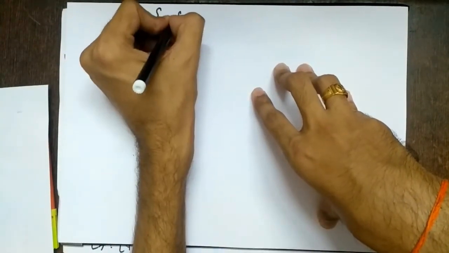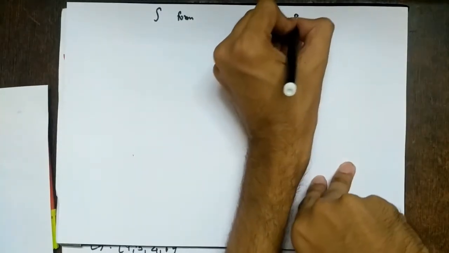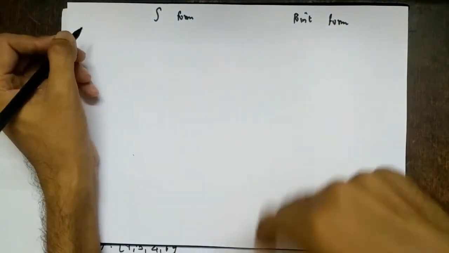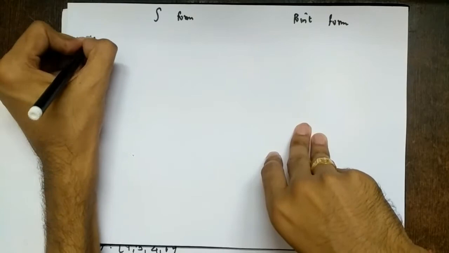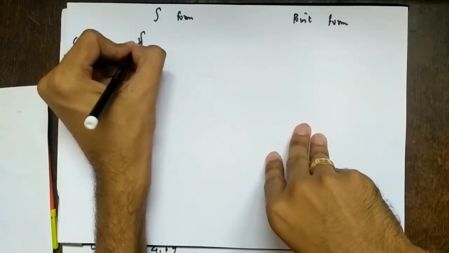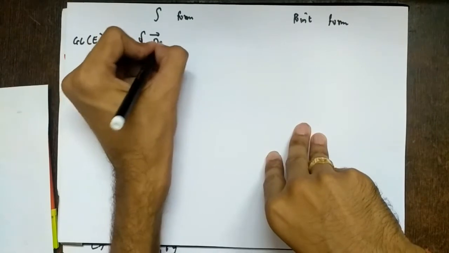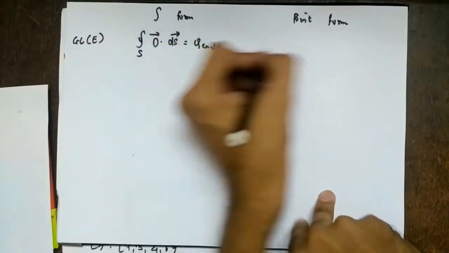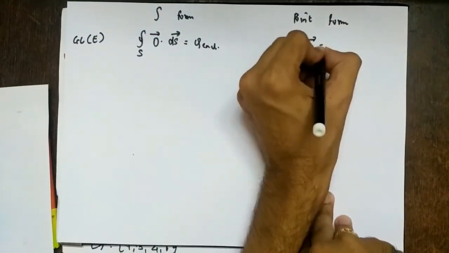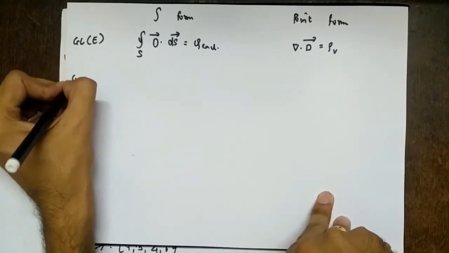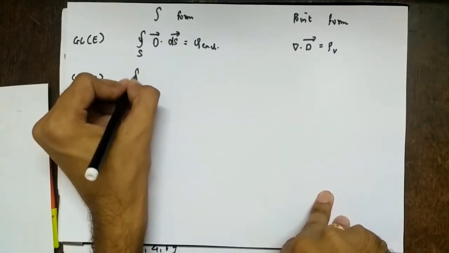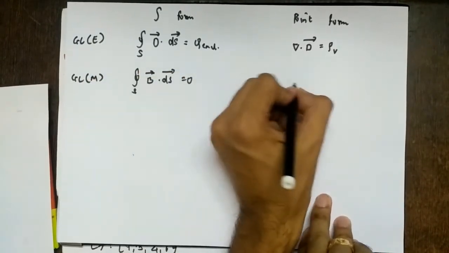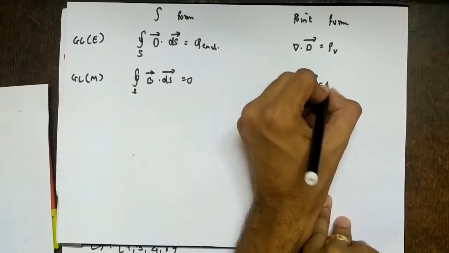So what we have again, integral form and point form, and I usually write it for which fields? Time varying fields, remember. So what you do for static fields, wherever you see dabba by dabba t, you make it 0. So first law is Gauss law for electric field. So what is it? Closed surface integral of D vector dot dS vector equal to q enclosed. Then point form is del dot D vector equal to rho v. Then we have Gauss law for magnetic fields. What is it? Closed surface integral of B vector dot dS vector equal to 0. Then we have del dot B vector equal to 0.